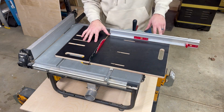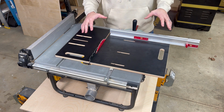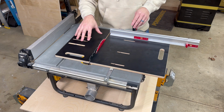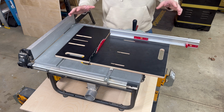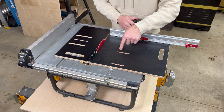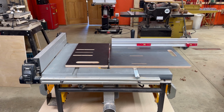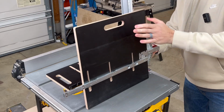Now, what makes the Stealth Stop Miter Sled perfect for job site table saws is mainly the overall size of the tool. The sled measures 15 inches by 15 inches. And then the drop zone over here, which is just here to catch your offcuts, is 8 inches by 15 inches. Everything is scaled really nicely to fit this saw, and it has enough left to right adjustment in these slots on both the sled and the drop zone, so you can adjust this to fit pretty much any table saw on the market. Now let's flip this thing upside down and get a good look at this miter bar